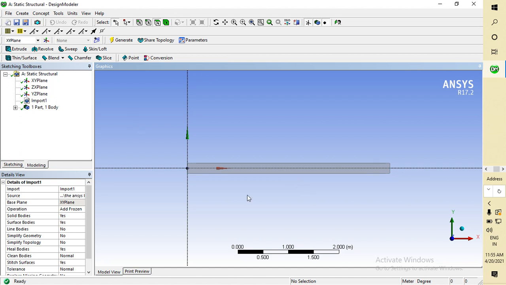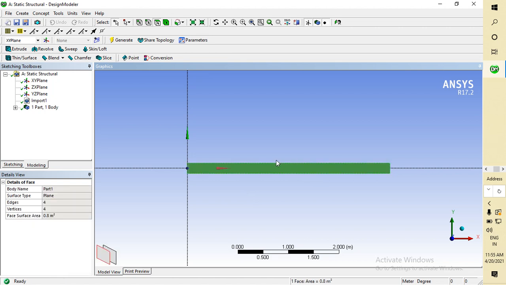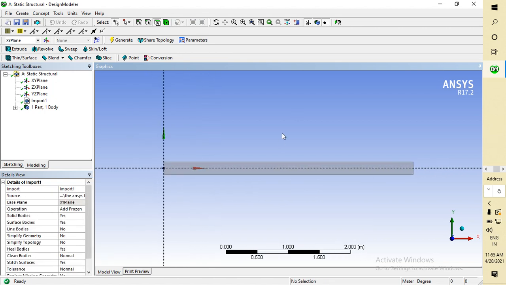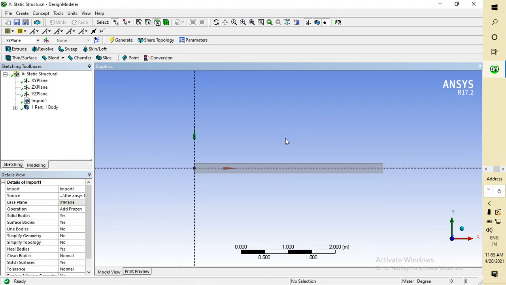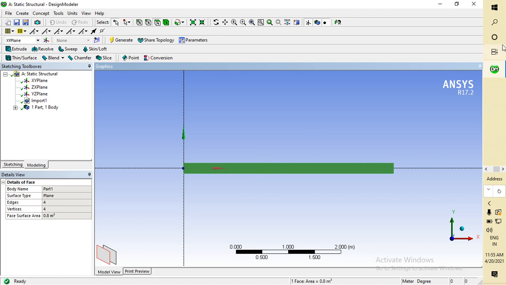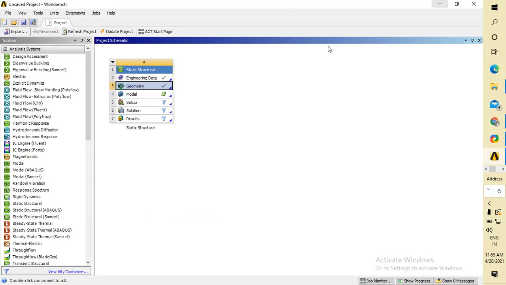So this is our diagram, and I already showed you how to do it, and how to zoom in, zoom out, etc. So this is our geometry. Now if you minimize it, you will see this tick sign here.